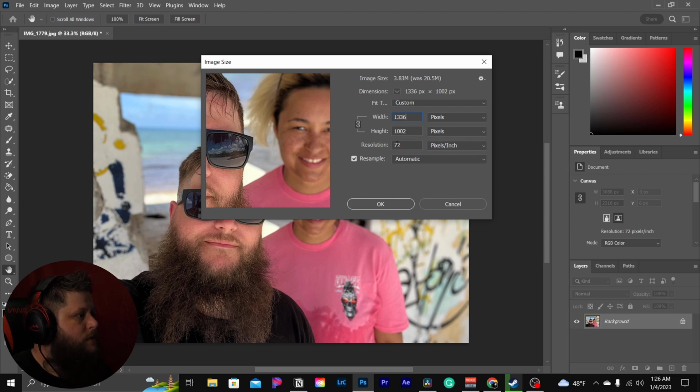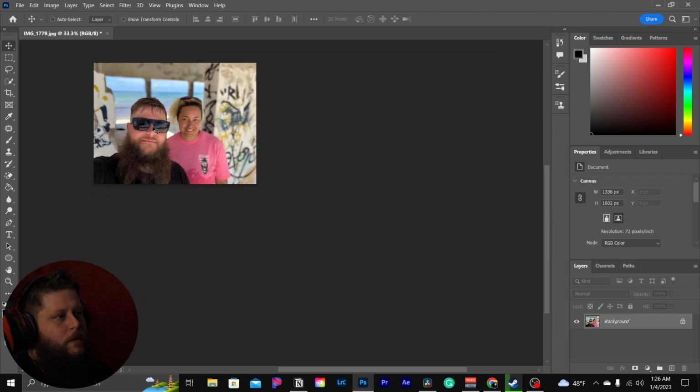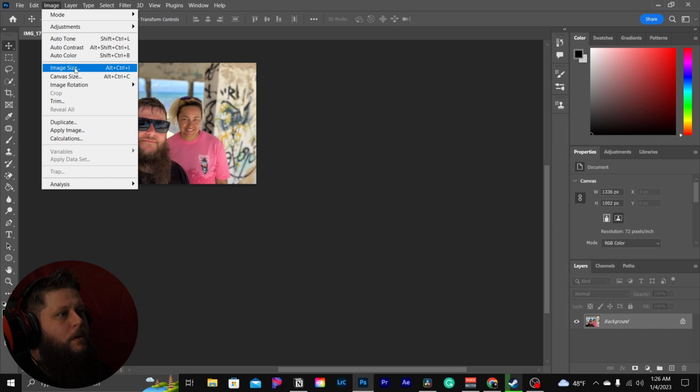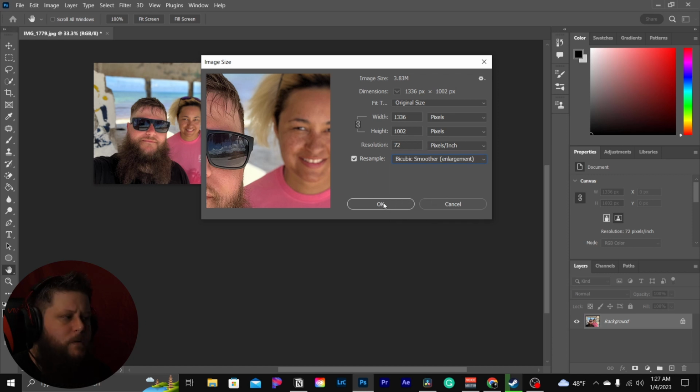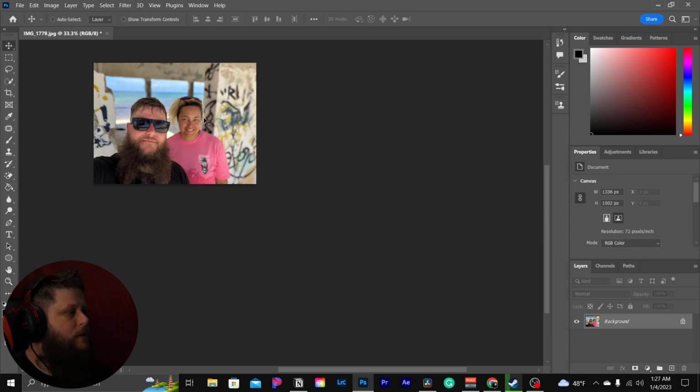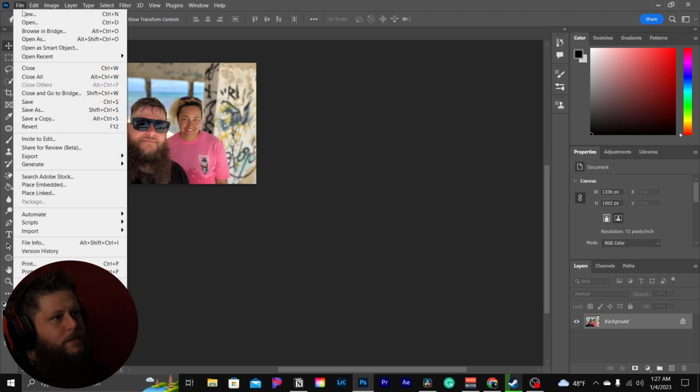You want pixels, resolution to be 72. Then you want to click OK. Bam. One thing I forgot to say is you want to make sure that you have it on Bicubic Smoother. Alright, so with that being said, that right there, you just want to take,